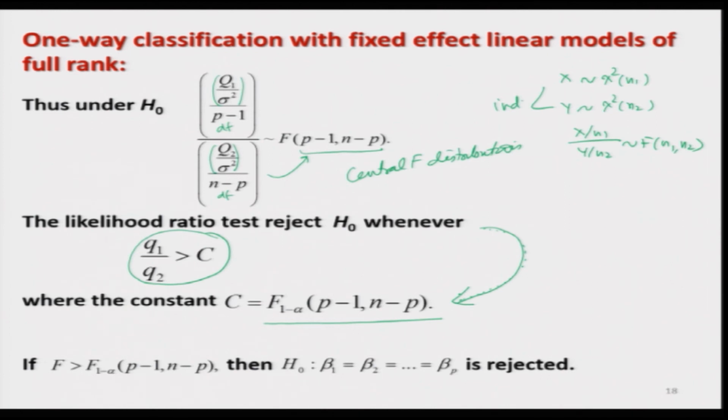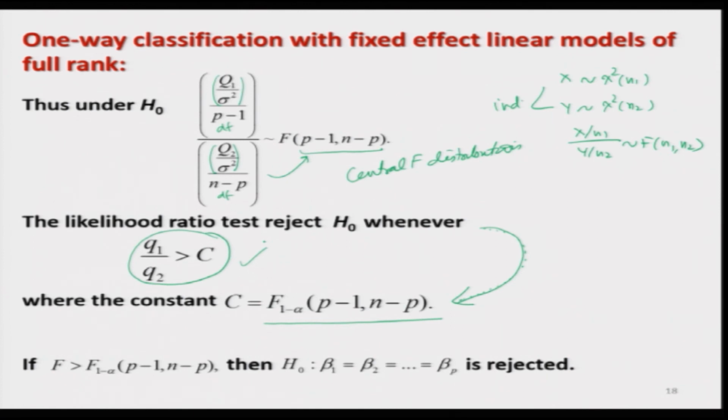So, using that result, if you use Q1 upon Q2 greater than C, define a theorem for the normality of the random variable and then the chi-square distribution of the random variable, use the theory of F distribution, and finally you will arrive at a conclusion that the